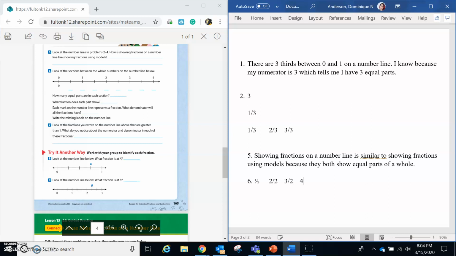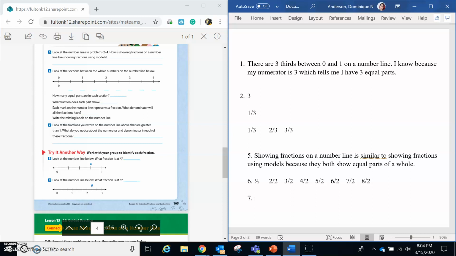3/2. 4/2. 5/2. 6/2. 7/2. 8/2. Good job, guys. And then number 7 says, look at the fractions you wrote on the number line above